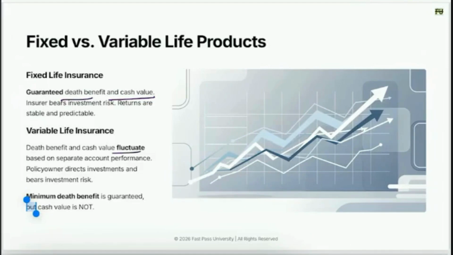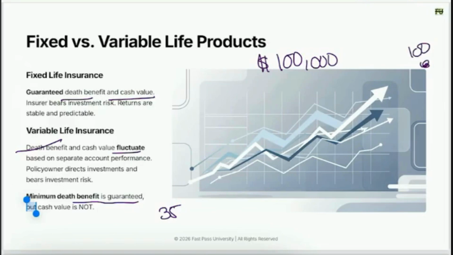And honestly, that's not completely true, right? The death benefit is guaranteed. The minimum death benefit is guaranteed, right? So let's say you bought a $100,000 life insurance policy at age 35. By the age of 100, when the policy matures,